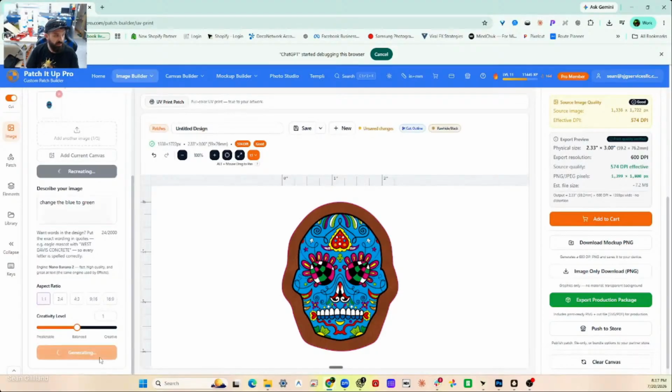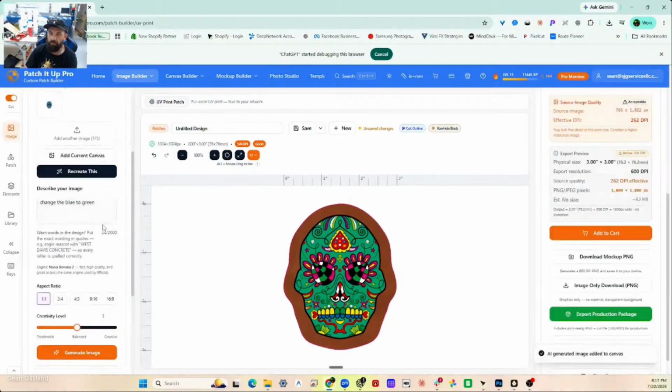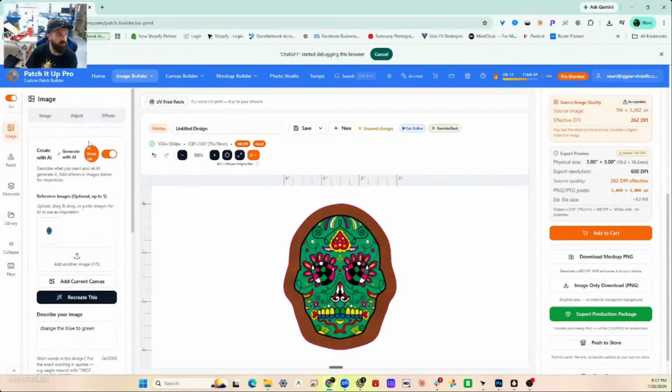I'll go down here and generate a new one. So I changed all that to green. You can also